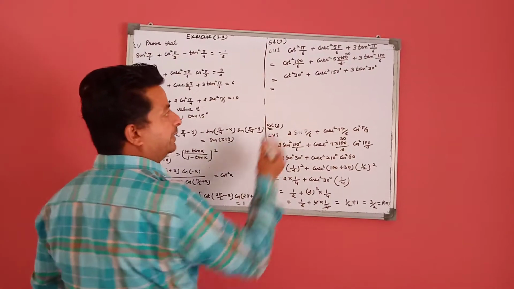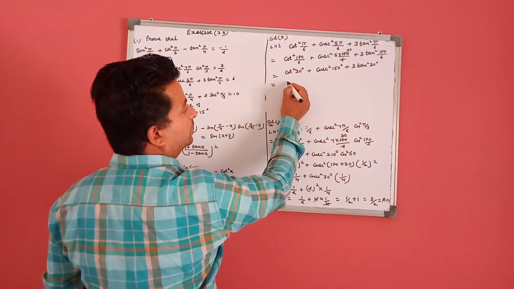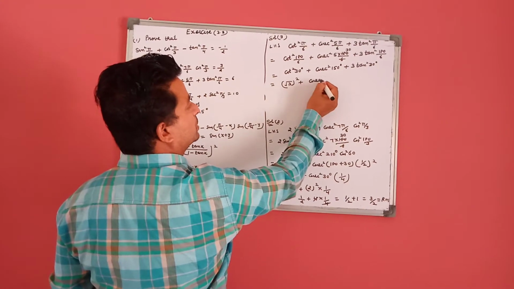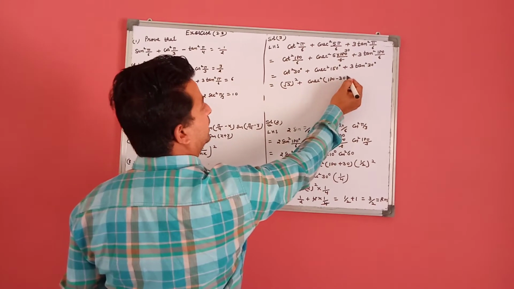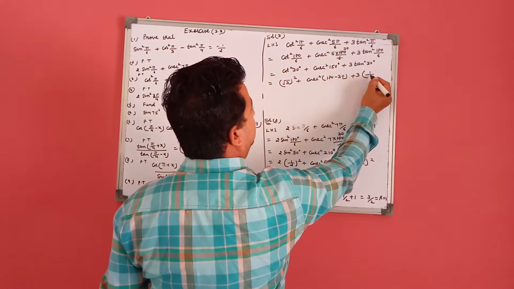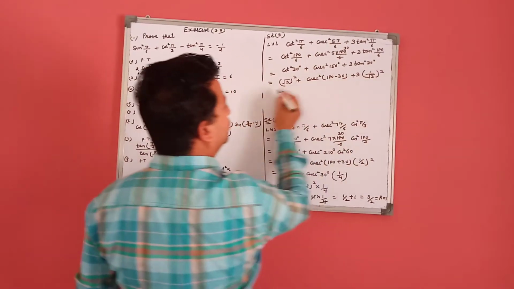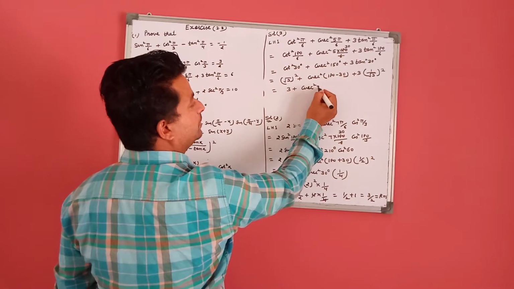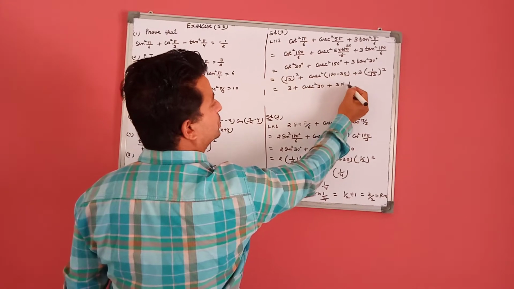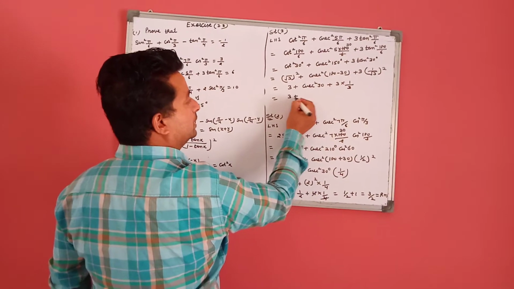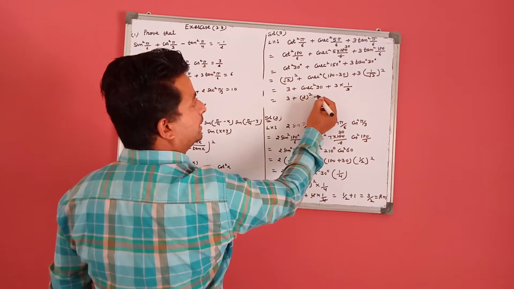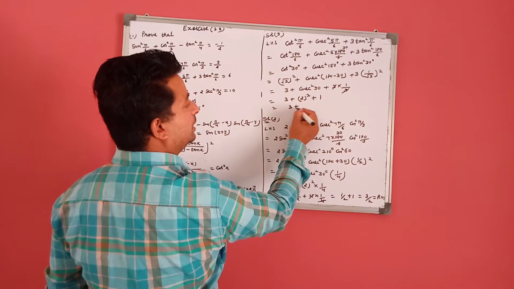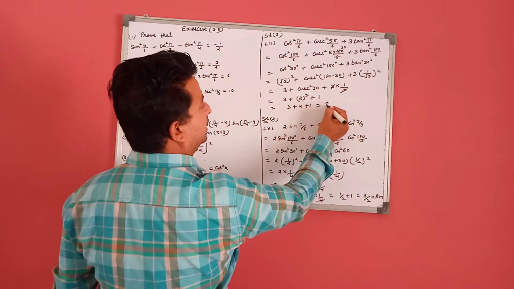As we know from the table, the value of cot 30 is under root 3. This becomes cosecant square 180 minus 30. The value of tan 30 is 1 upon under root 3. This becomes 3. In the second quadrant, cosecant is positive, and in 180 there is no change of t ratio. This becomes 2 whole square. This cancels out plus 1. This becomes 3 plus 4 plus 1, 8.